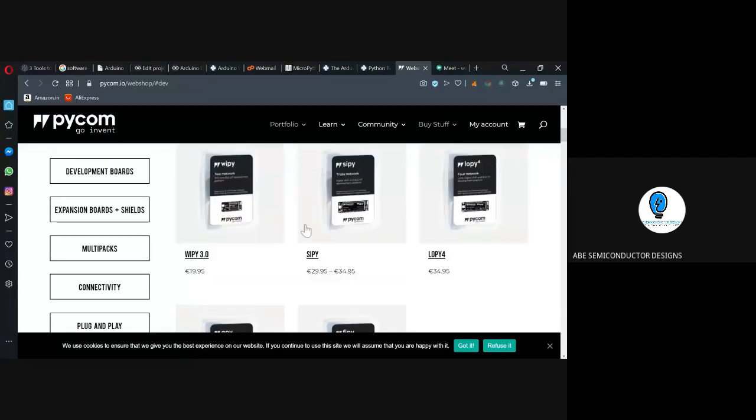So for example, boards like Wi-Fi means it has Wi-Fi and LTE. When you work on Arduino boards, like what we discussed in the first one, when you want to connect an IoT sensor, you need to connect the Wi-Fi separately to the Arduino and then write the code. But in the Python-based platforms, these kinds of boards have integrated transceivers inside the chip so that the programming remains easier for us.